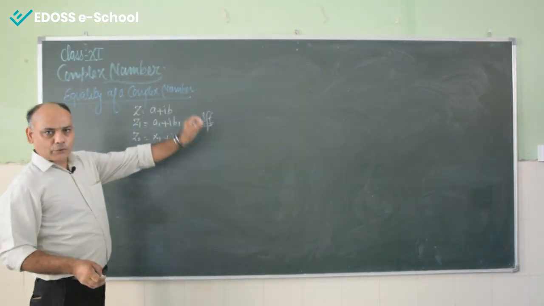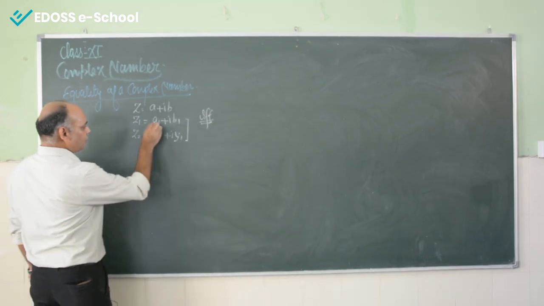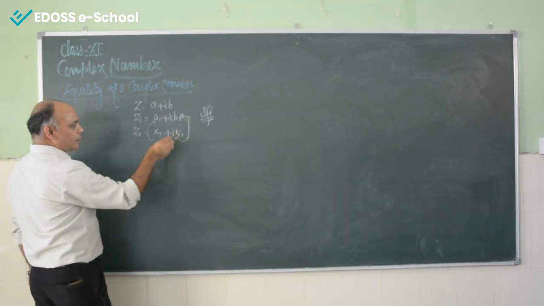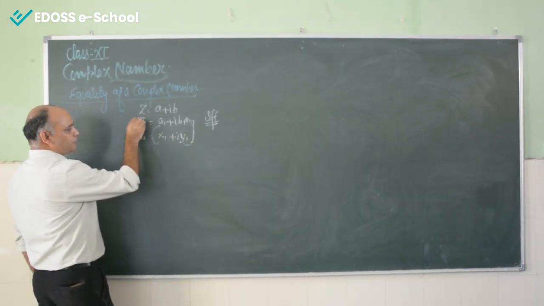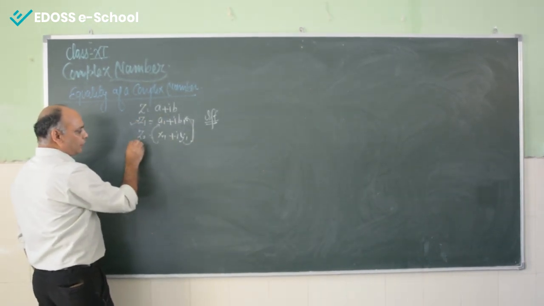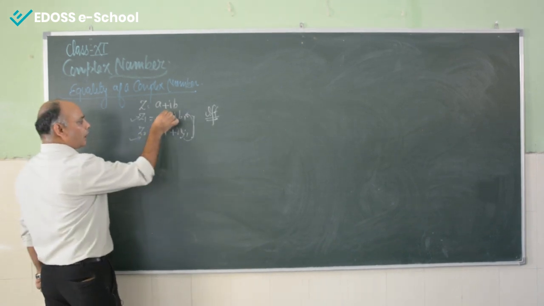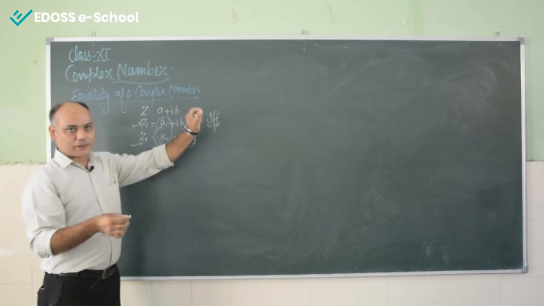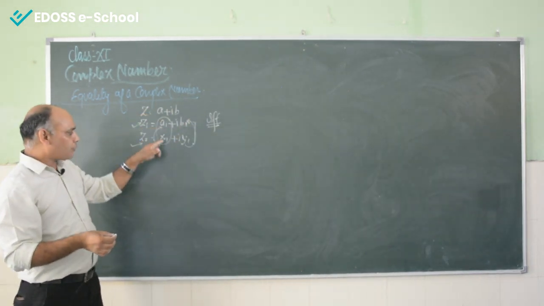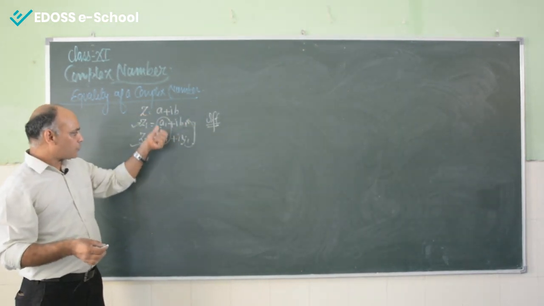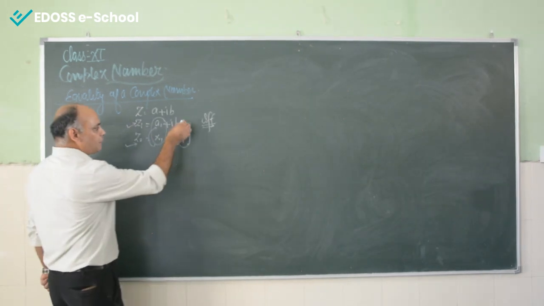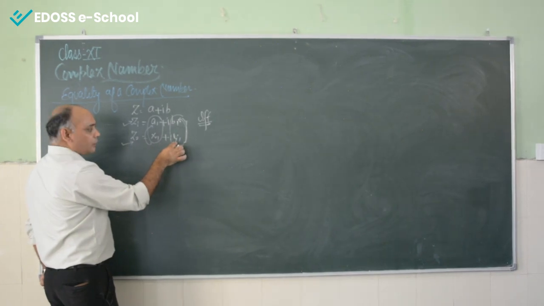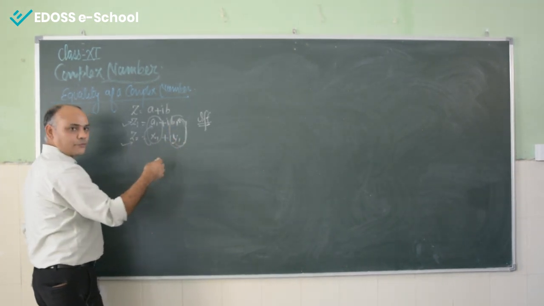If and only if x1 is equal to a1 and y1 is equal to b1. That means the real part of the first complex number and the real part of the second complex number are equal. If there is an equality of complex numbers, then a1 should be equal to x1, or x1 should be equal to a1, and the imaginary parts b1 and y1 are also equal. Then b1 will be equal to y1.